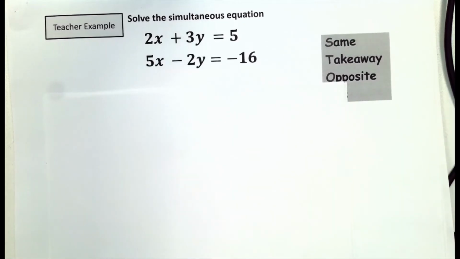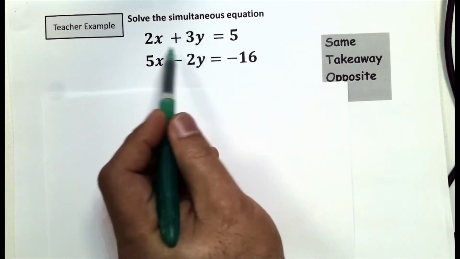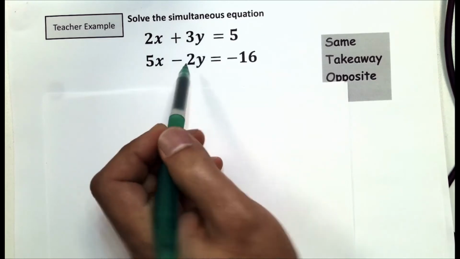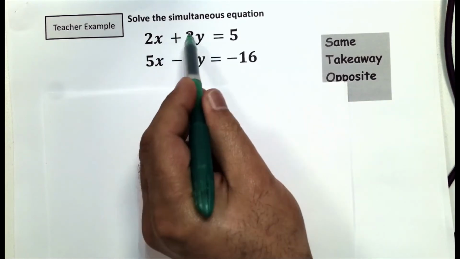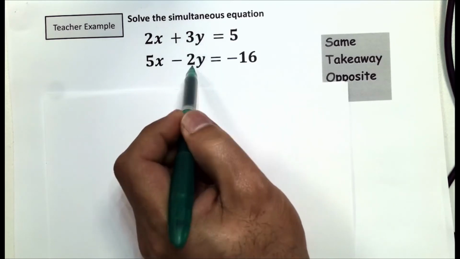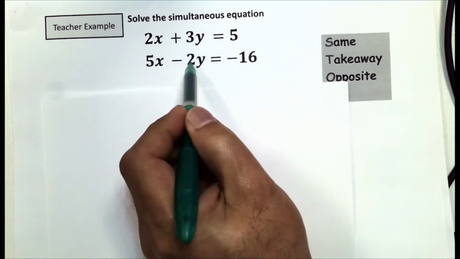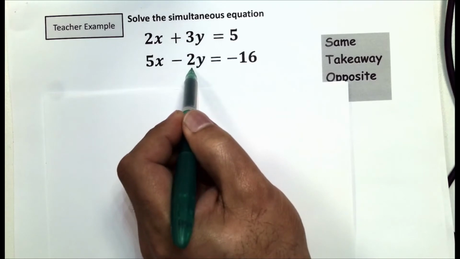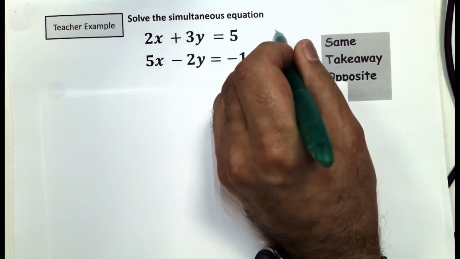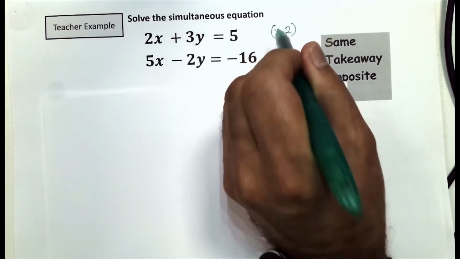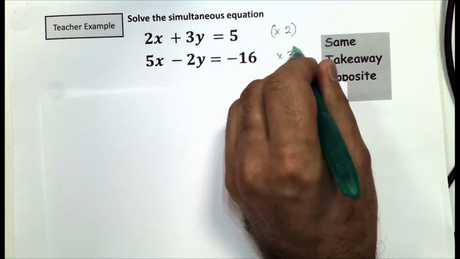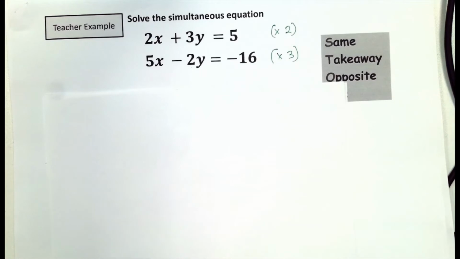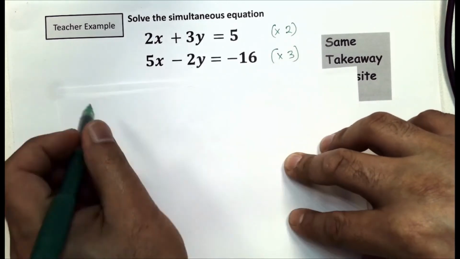And you can choose either. It doesn't matter which coefficient you make the same. So for this one, we're going to make the lowest common multiple for the y's. The lowest common multiple between 2 and 3 is 6. So I need to multiply this equation by 2, multiply this equation by 3. So my two equations will now become 4x